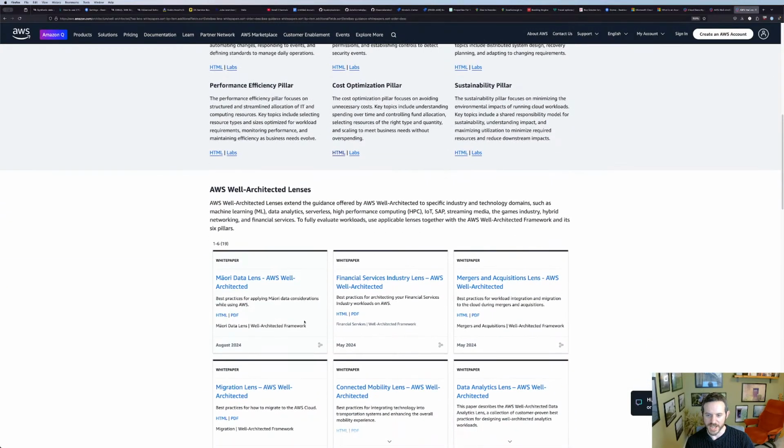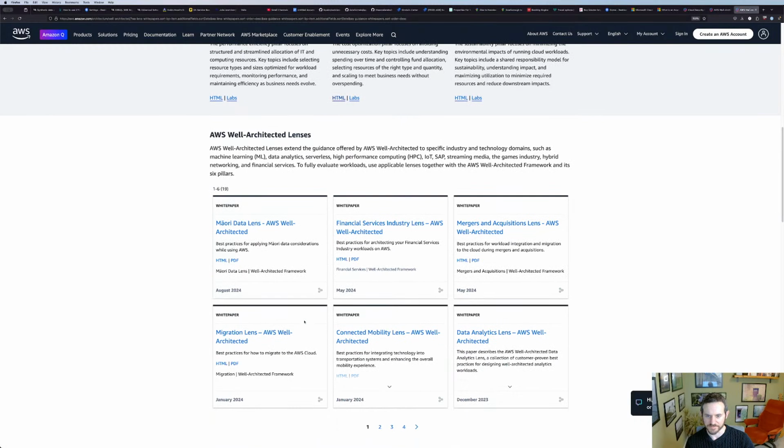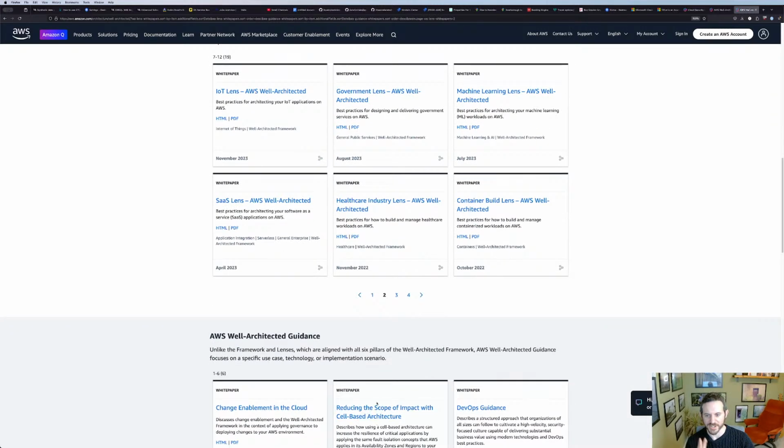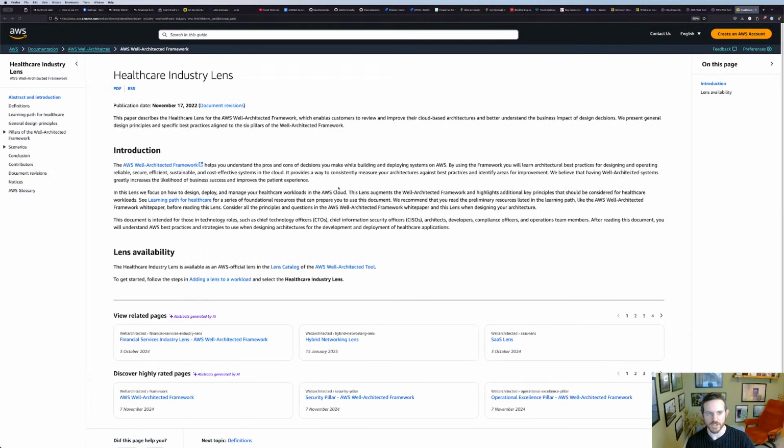But what you then get are these lenses, which are various papers and helper guides to help you understand how the well-architected framework might work for you. So if you're doing machine learning, if you're doing governmental stuff, if you want to do SaaS software, if you're doing healthcare, we can have a look at the way that these work.